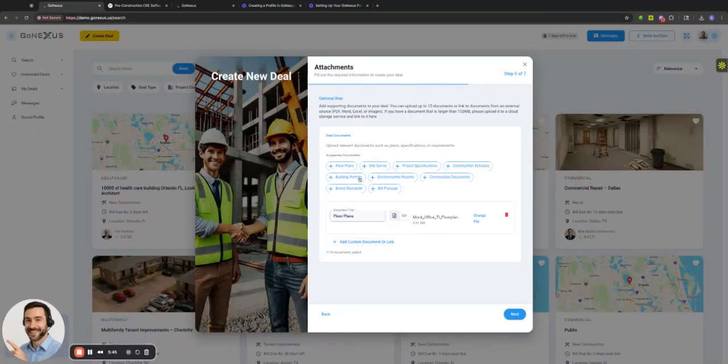Then we'll add a custom document, and we'll say our vision board. This is going to be our vision board for this spec suite. This is provided by the client. It is the vision board of the project. And then, if we want to, we can also say existing